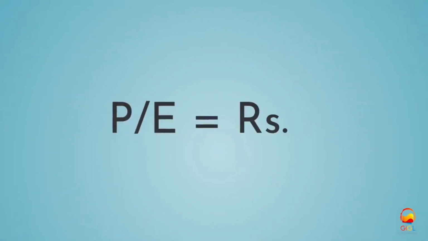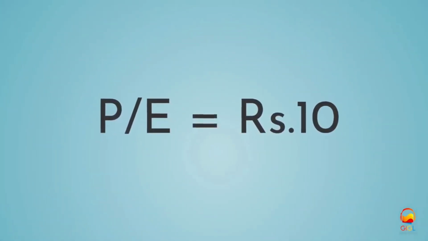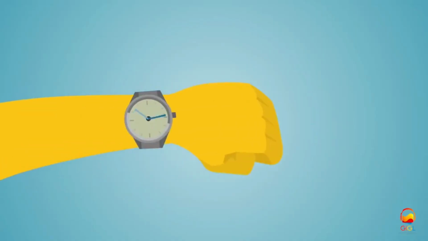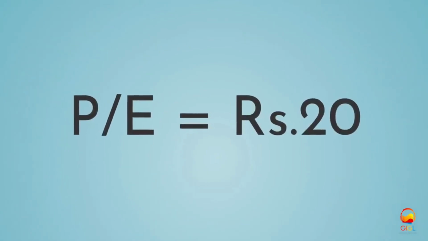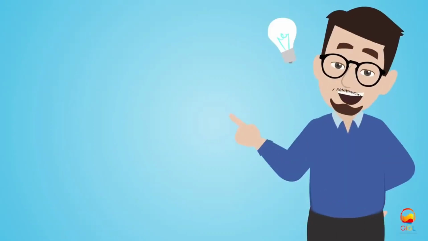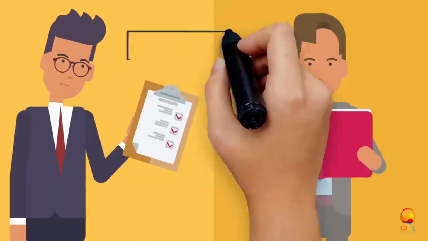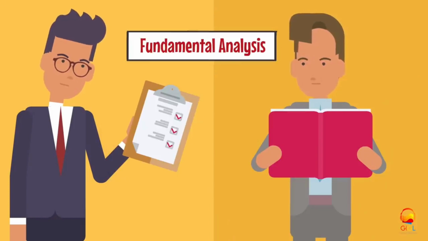because of which his PE is low and he is running 10. And your friend is a little late. So at that time the PE of this company becomes 20. Then comes a very interesting thing, and that is, both you and your friend did the fundamental analysis of this company and then